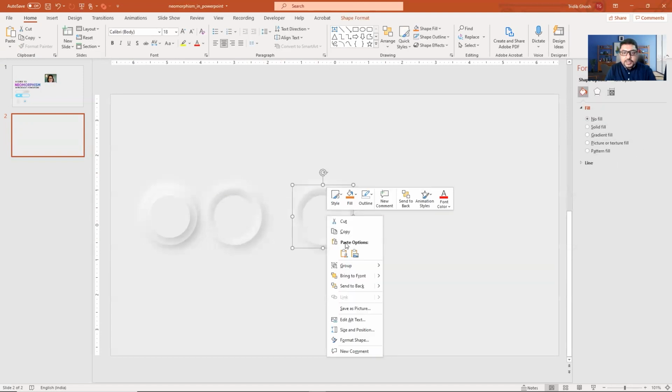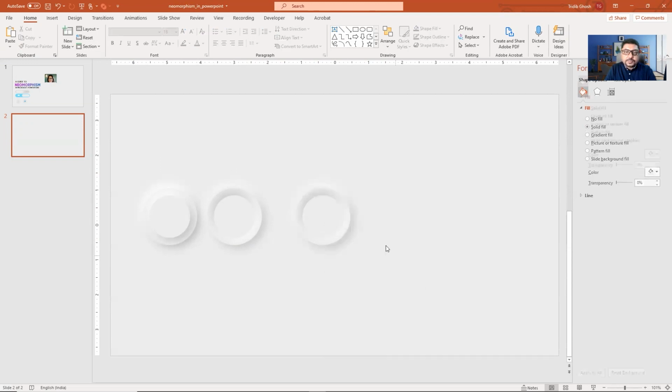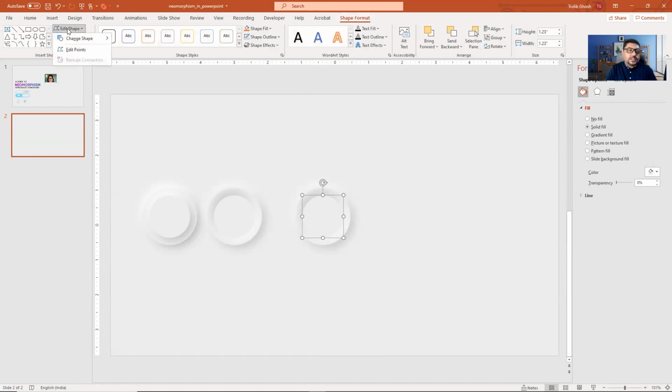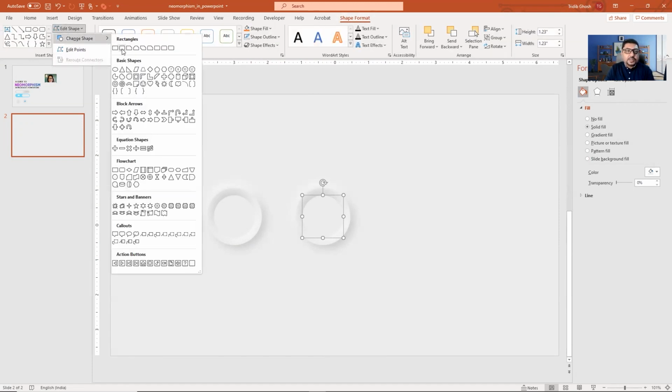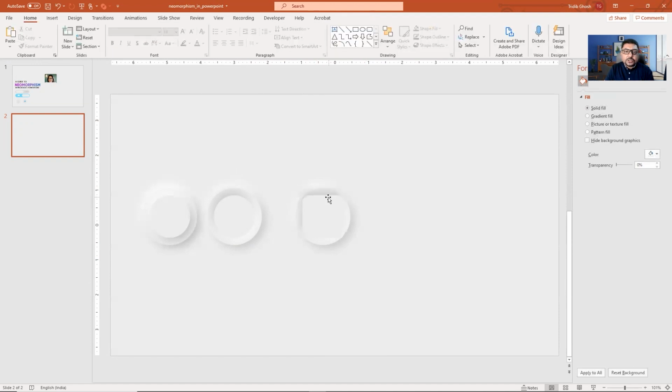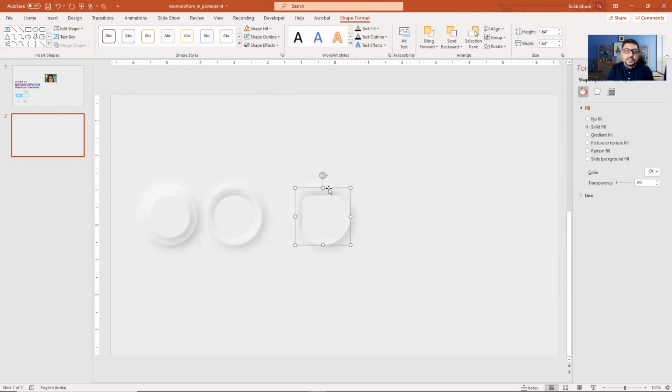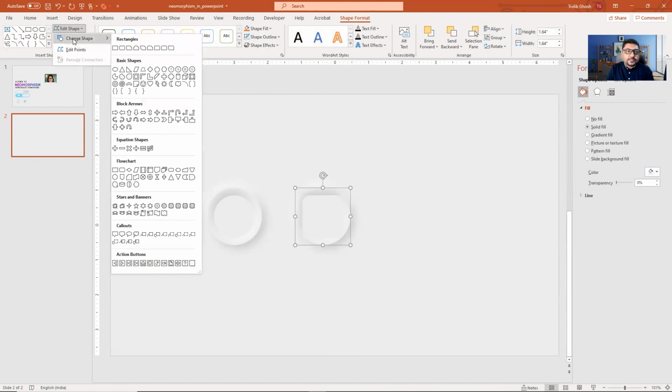Okay, let me ungroup it first. And if you go to shape format and change the shape to rectangle, it automatically takes the thing with all the effects.